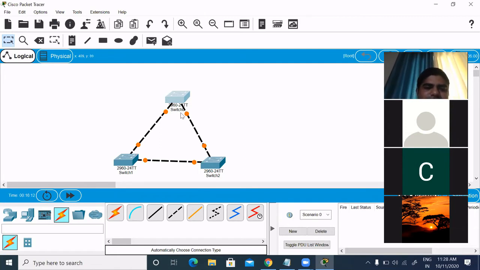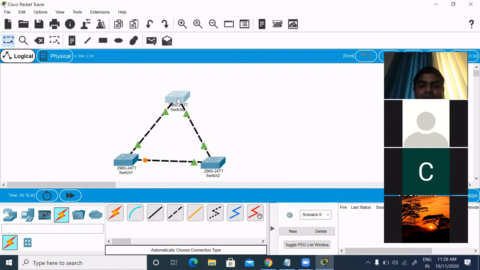What will happen? After some time, all the links will come up green, meaning active, but one of the links will be in blocking state. Why is that in blocking state? Because in Cisco, STP runs by default. So STP puts that port in blocking mode. Now you can see all the ports are green, but this one is in blocking state. Why? We will see this.